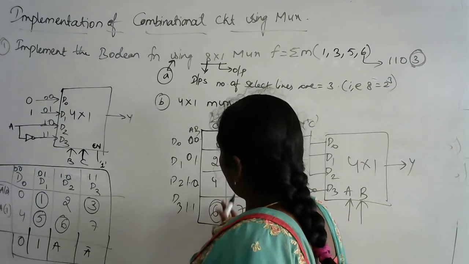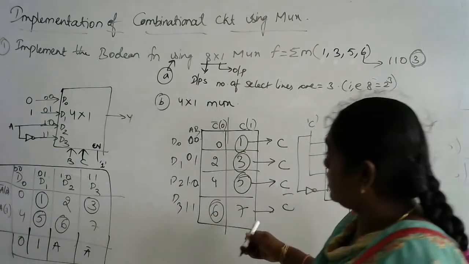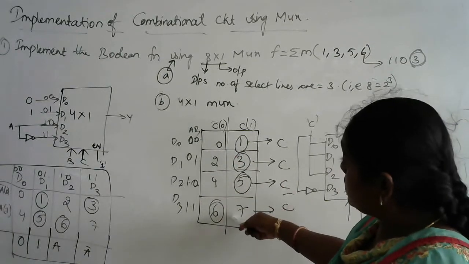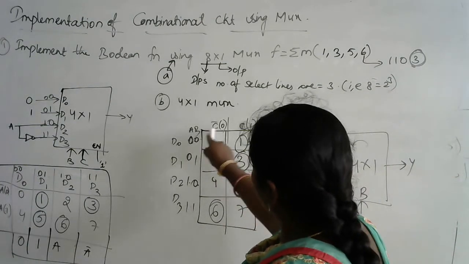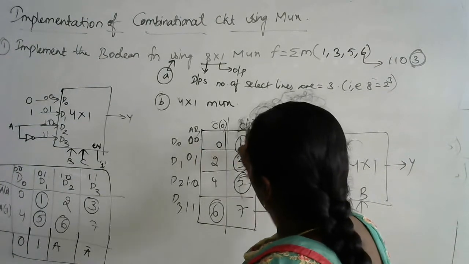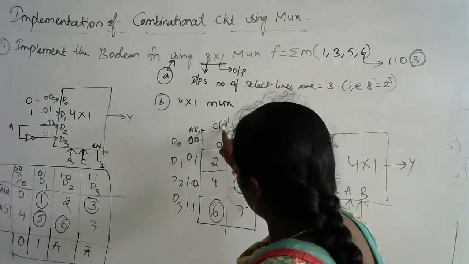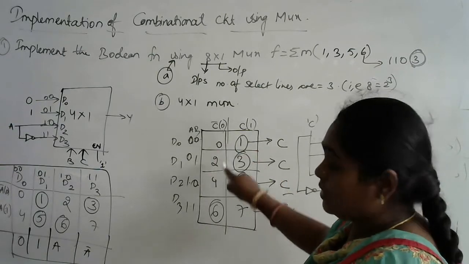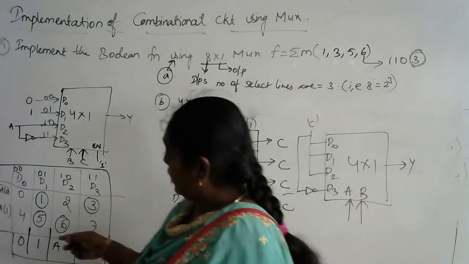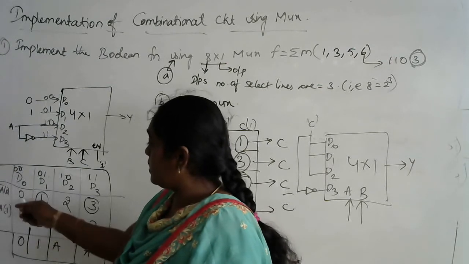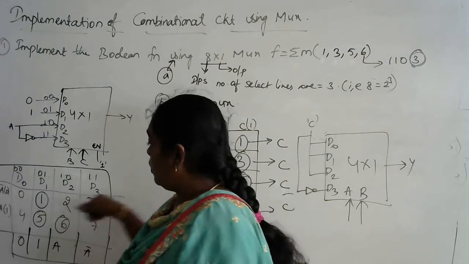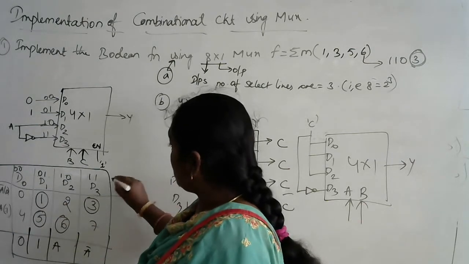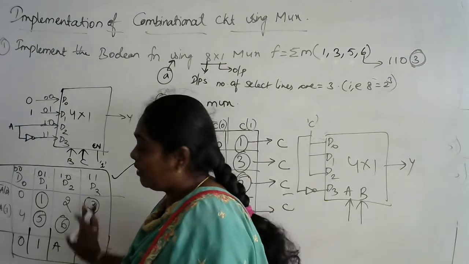So just remember, if you are taking LSB into consideration, the sequence will be 0, 1, 2, 3, 4, 5, 6, 7. How you are writing this I have also told you, because 0 0 0 is equivalent to 0, 0 0 1 is equivalent to 1, 0 1 0 is equivalent to 2, 0 1 1 is equivalent to 3, 1 0 0 is 4. Or if you are taking A into consideration as the input, just write down D0, D1, D2, D3, 0 1 2 3 4 5 6 7. Please don't confuse the two things. Always try to remember only these things so that it will be easy for you.